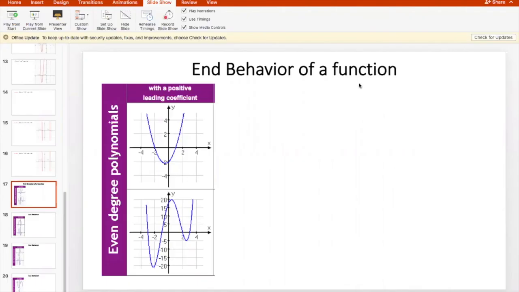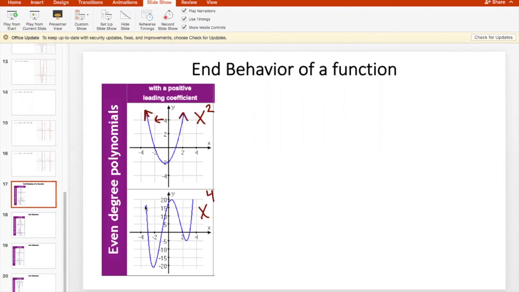So, end behavior, if you've never studied it before, refers to what is happening to the extreme left and the extreme right of the domain of a graph. So let's look at a couple of different cases here. If you look at an even degree polynomial, like a graph of x squared or a graph of x to the 4th, something like that, where the highest power is even, like 2 or 4, what happens here is the following. If you look all the way to the left, it goes up to positive infinity,